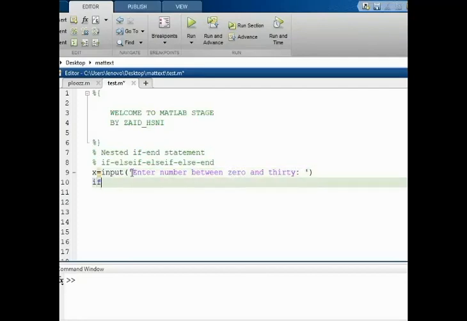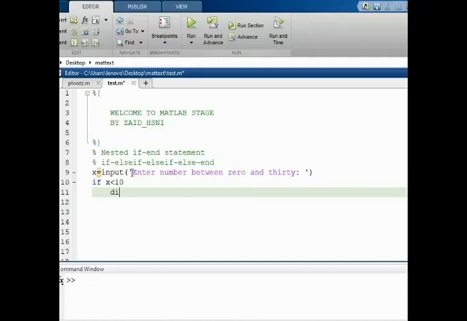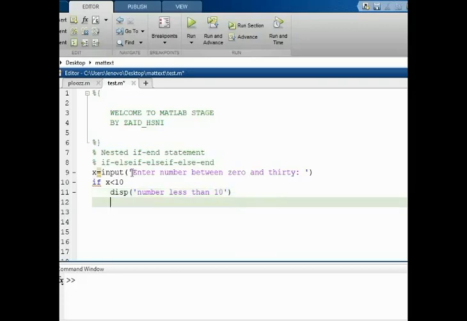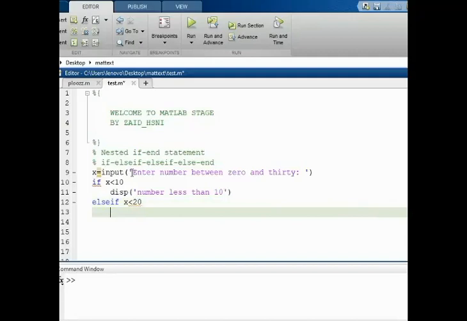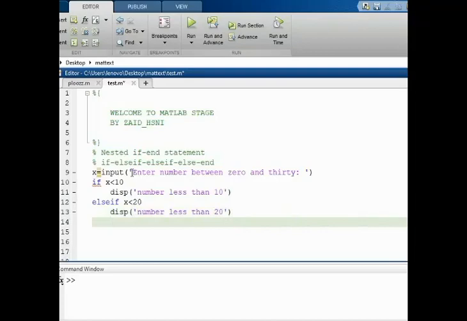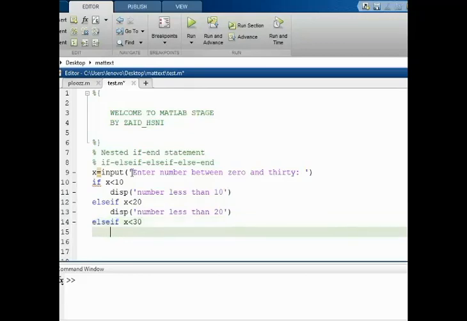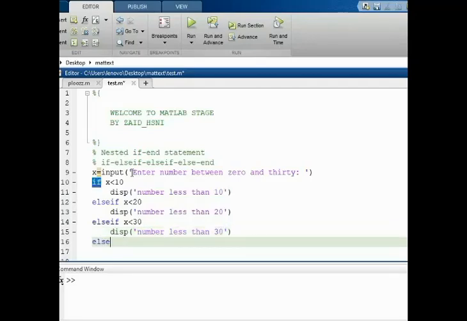The first condition: if x less than 10, we can display "number less than 10". Else if x less than 20, we can display the message "number less than 20". Another condition: x less than 30, we can display the message "less than 30". And for the last statement, if no condition is satisfied,